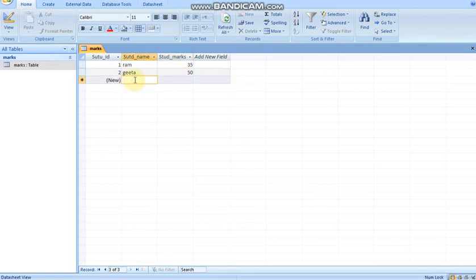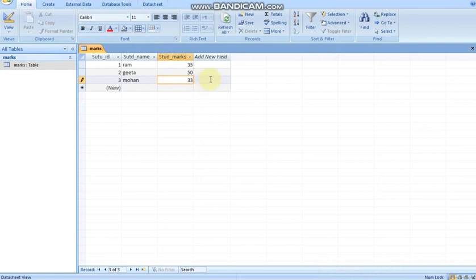Next, when you type the next student name, suppose Moon, and marks 33. When you enter your data in your table, this type of view is your datasheet view.